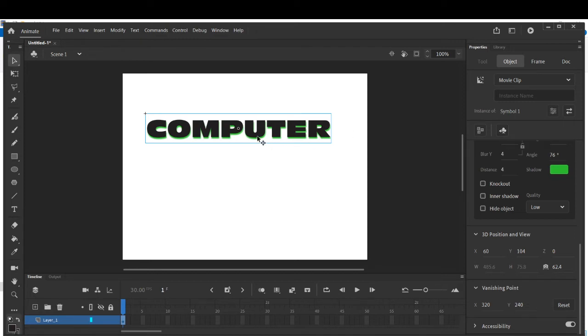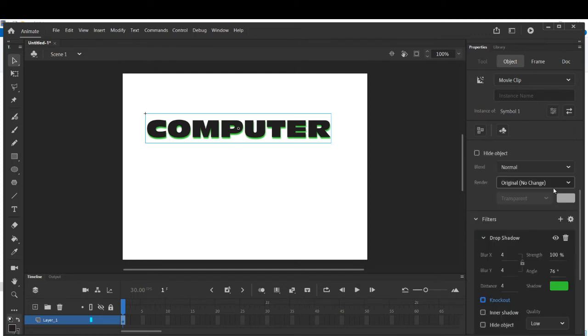Once you have to select the text, convert it into symbol and choose it as a movie clip. Okay, movie clip, and now apply it. Inner shadow, see, hide object, knockout, so only one. So in this way you can choose whatever type of filtering you want.